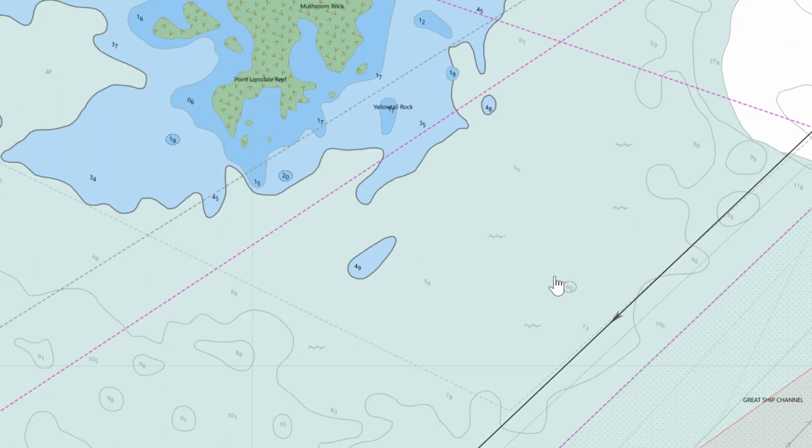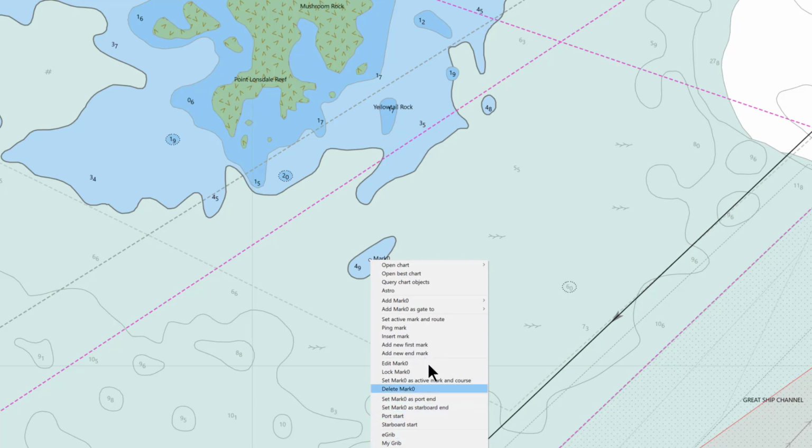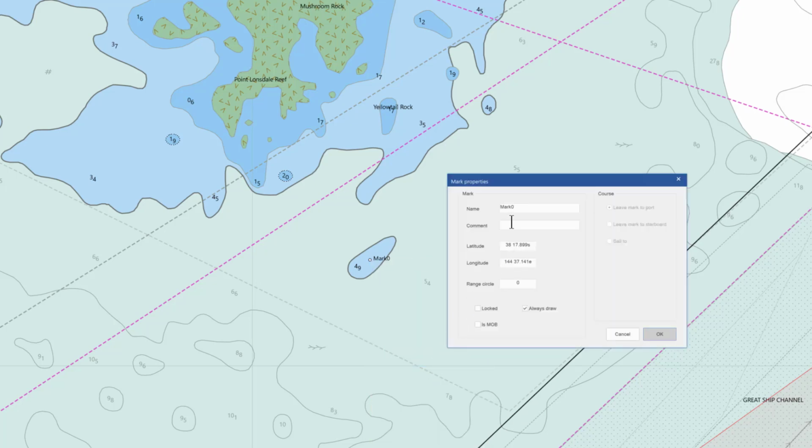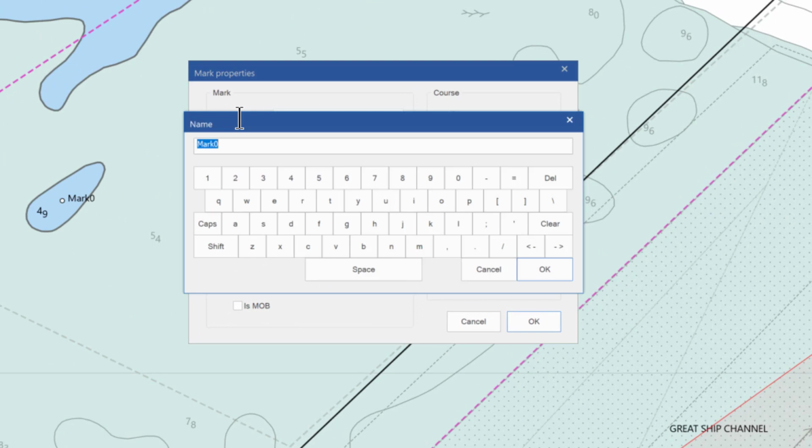and it's not an issue for most of your boats, but for instance, just say I was worried about here or here. Let's pick Yellowtail. You shouldn't, well no, we'll pick this one. So for me, I might right mouse click and I might just ping it to say, and it matters on some of the boats I'm on, a 4.9, not to mention the sea state. So edit, and I just say rip shallow 0.9,